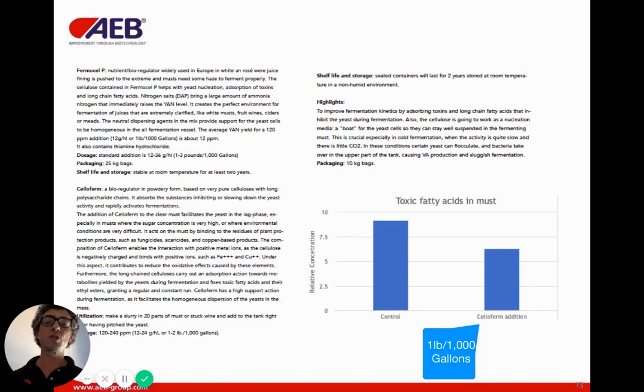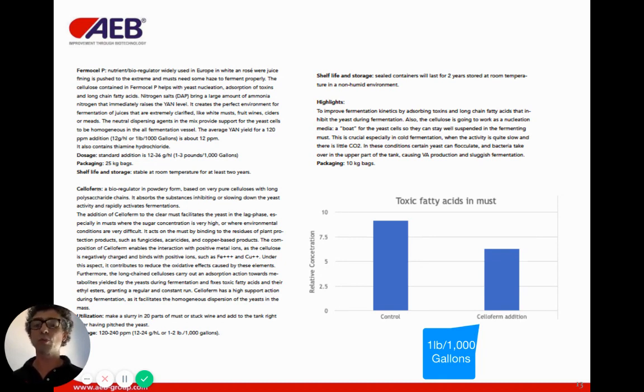Because if you have a very clean juice, sometimes in certain pockets in the tank the yeast flocculates down, they remain empty, and so the fermentation is not really going there. Maybe you'll have a contamination. So definitely an advantage to have an inert haziness in the tank caused by the cellulose of this product. The cellulose also absorbs toxins, including long-chain fatty acids and other things that are not positive for the yeast in fermentation. So we have a product without the DAP called Celloferm that you might find useful, for example, in restarting